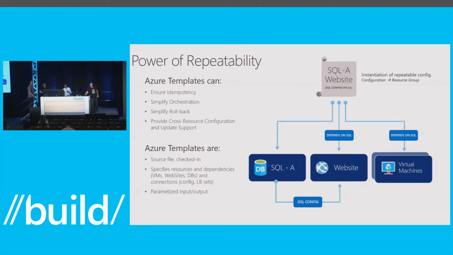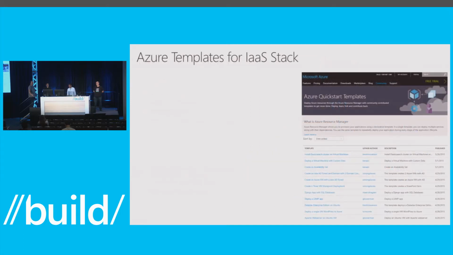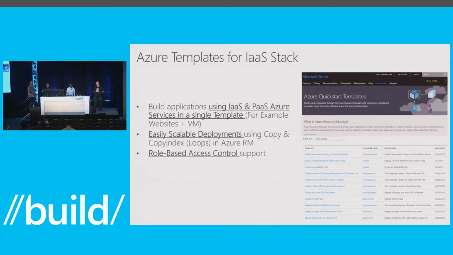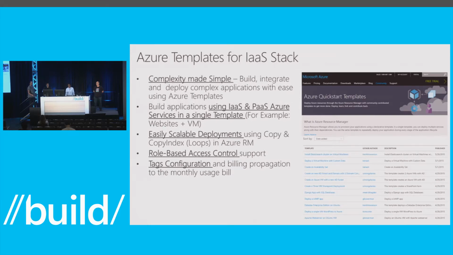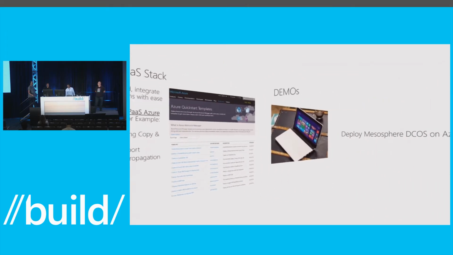We view the Azure template files as source files that are checked in. They're not stored on the cloud. It's something that you can check into your source control, which can be on Git. We've announced a lot of template support on Git as well, so you should go take a look at them. And the parameterization part of the templates makes it very repeatable. Here's a quick screenshot of the template location. But the key points here are really around